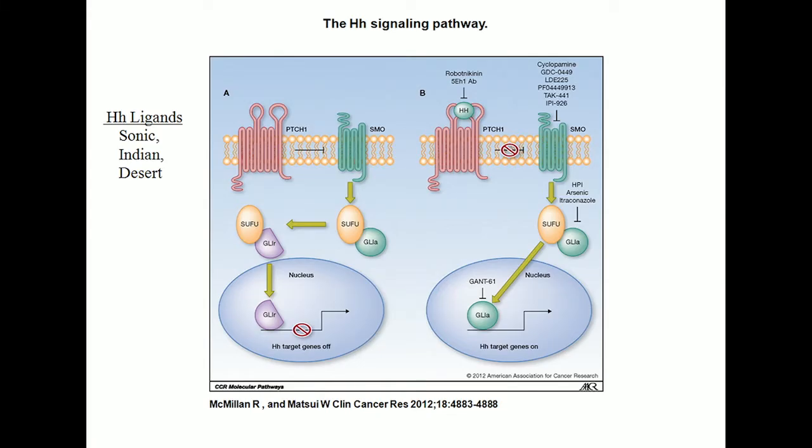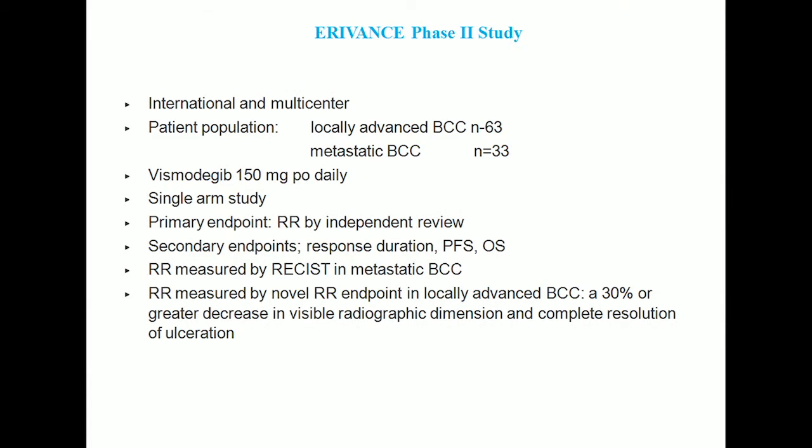And we know that the vast majority of basal cell carcinomas have mutations that activate the Hedgehog signaling pathway, either by loss of function, either by activation of smoothened or inactivation of patched. Patched normally inhibits smoothened, so its loss leads to activation of the pathway. So what about blocking with Hedgehog inhibitors? This is a study that I was an investigator on,